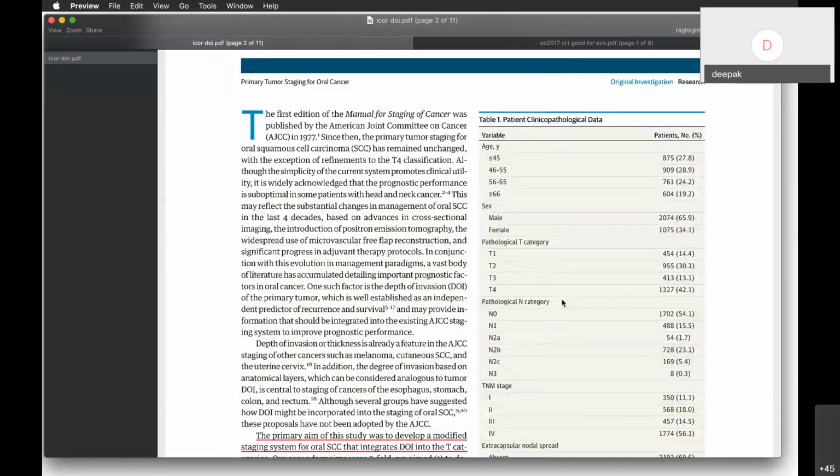So again, a good paper starts with a good introduction, starting with what the AJCC means, how the AJCC began. So they started by the previous AJCC 7, and they've looked at all the papers that have supported the AJCC classification so far. That's how a good introduction begins. An introduction begins by solidifying whatever outcomes and whatever staging